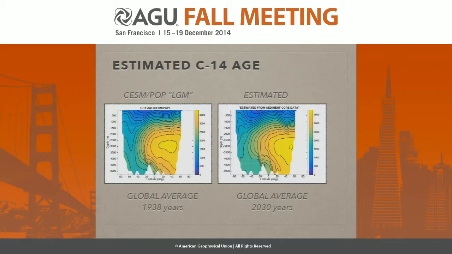And the pictures look reasonably good in terms of the large-scale patterns. So we had a few sparse measurements, and from the sparse measurements and the built-in information from the suite of tracer transport operators, we can get a reasonable fit to the radiocarbon. And in this case, the globally averaged age of the CSM-POP is about maybe 1930-some years, and the reconstructed one is off by maybe 100 years. So it kind of gives you an idea of how accurately we might be able to do this with real